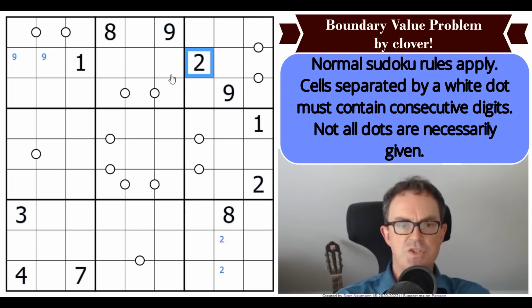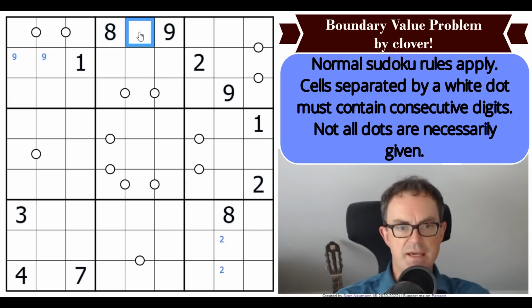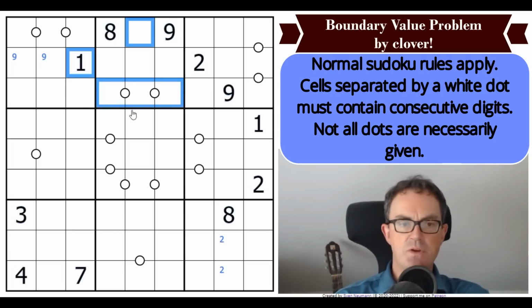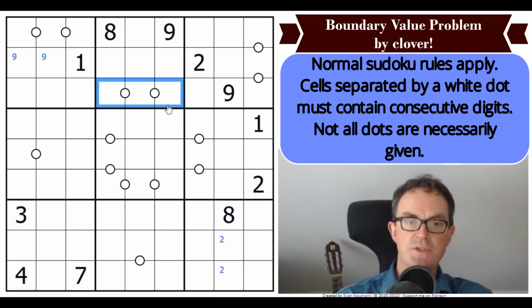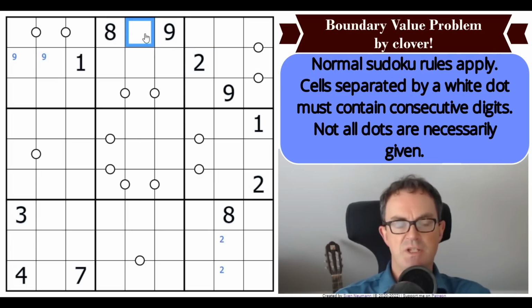Either there's just a 2 on it automatically. You can see the 2 in box 2 is not in those 3 cells. So it's got a choice. It's either here or it's on the white dot sequence. Now if it's here, the 1 in box 2 gets pushed onto the white dot sequence, where it must be a 1, 2, 3 sequence. So it sort of forces it to be impossible to place the 2 here, because if we put the 2 there, the 1 goes down here and you'd have to put 2 2s in the box. So that means that there is a 2 on this